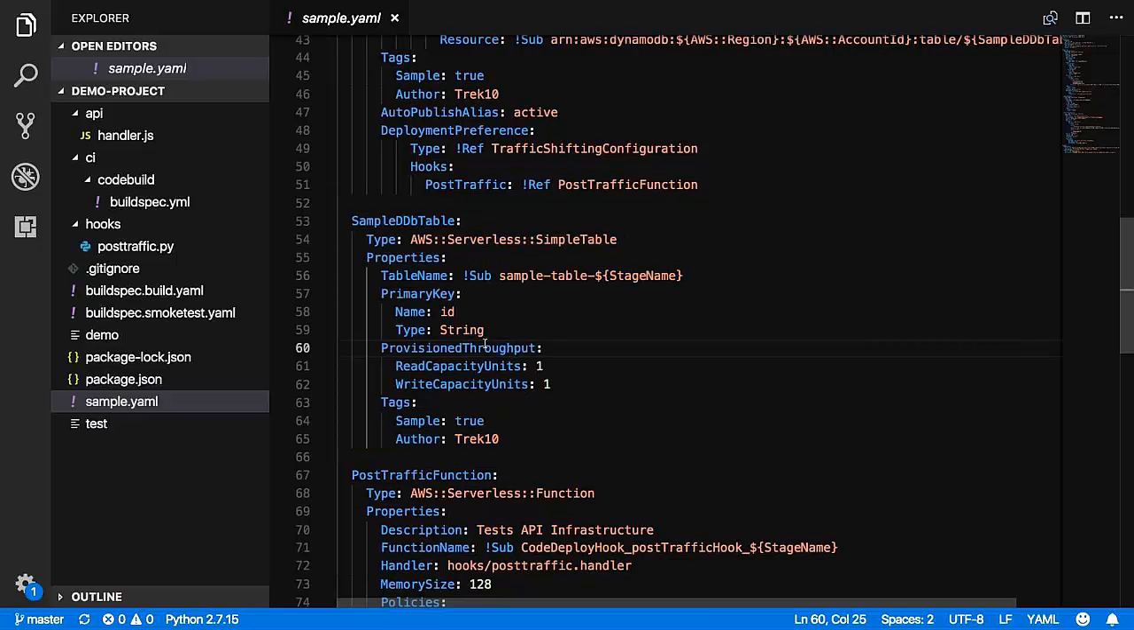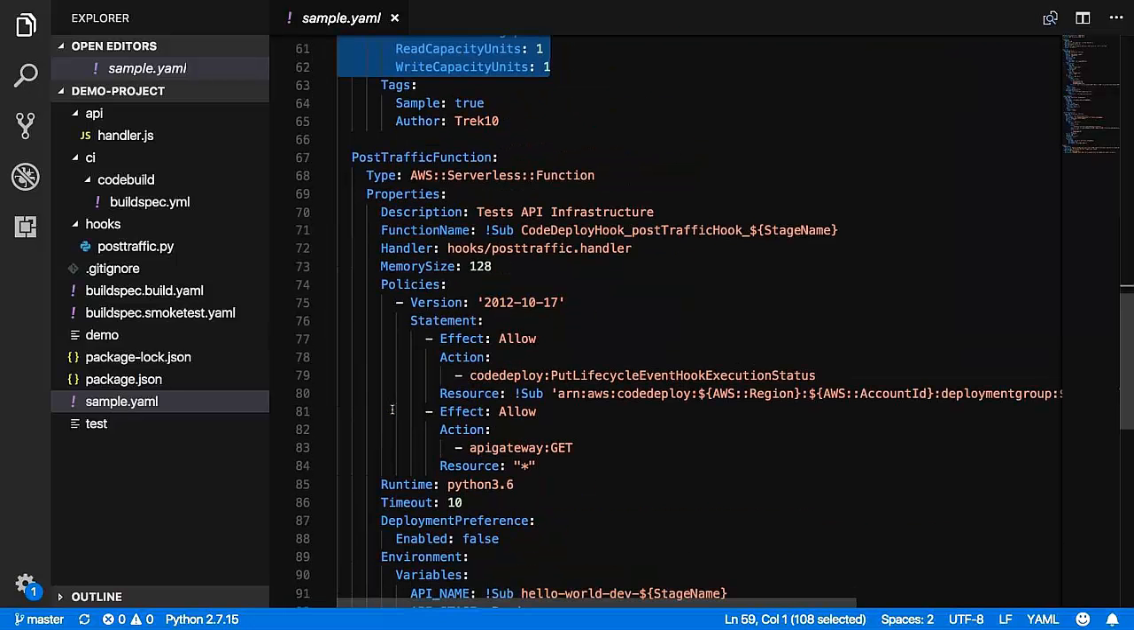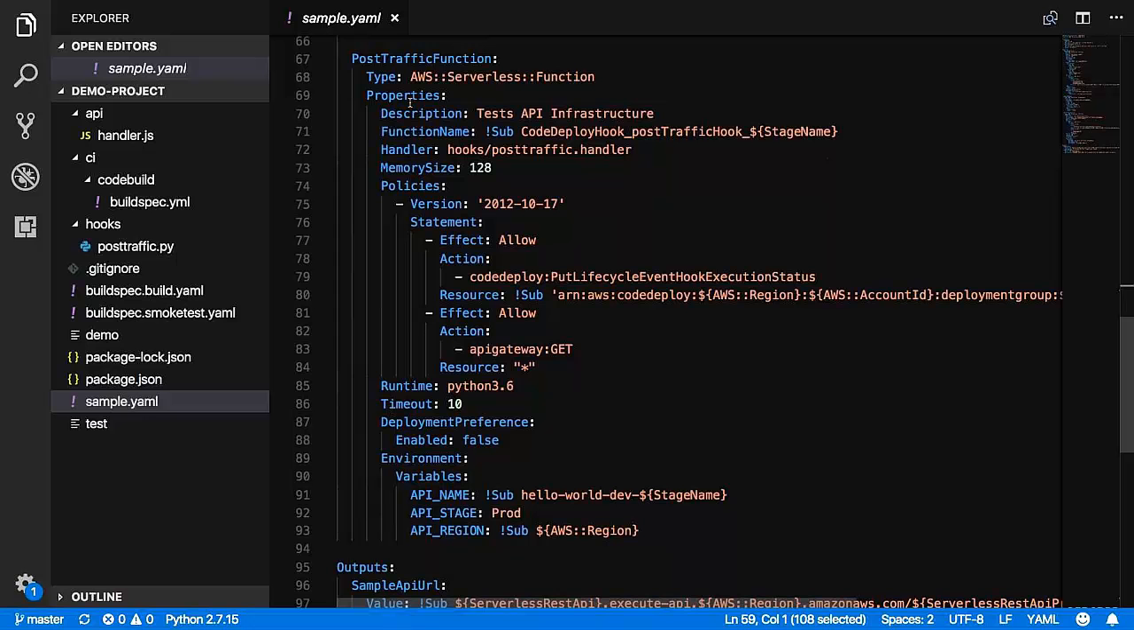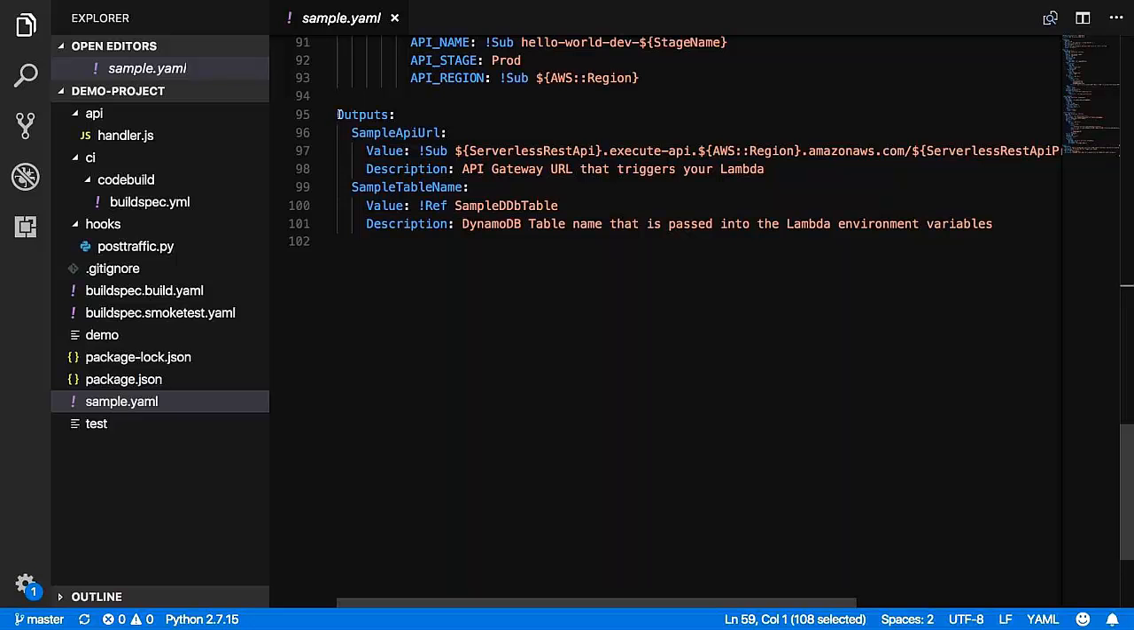It's just a DynamoDB table with a primary key and some provisioned throughput that we've defined. There's one more Lambda function in this SAM template. This again relates to the code rollout, so we'll pass on that for now. And then the last thing we have is just our standard CloudFormation-esque outputs, where we have the API Gateway URL